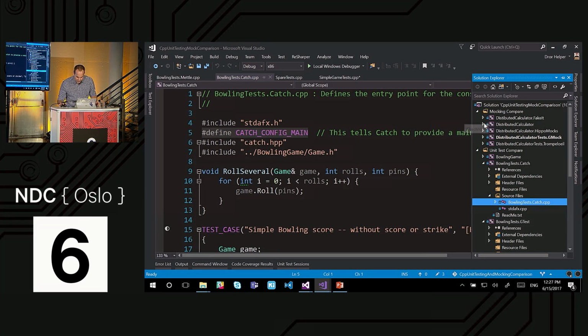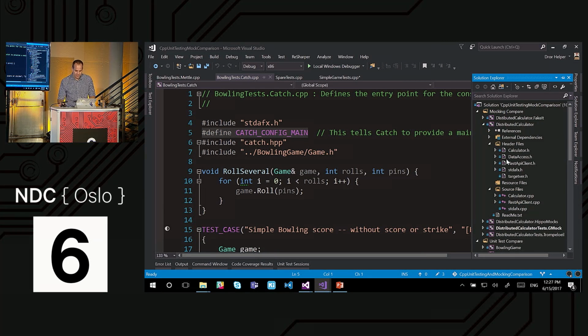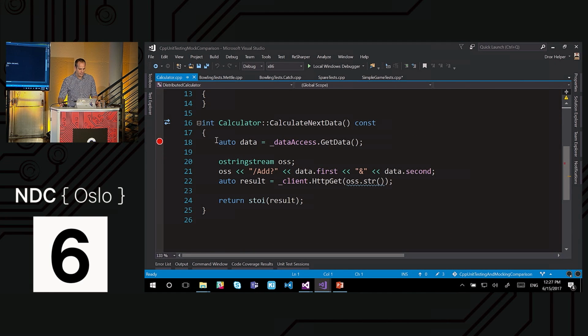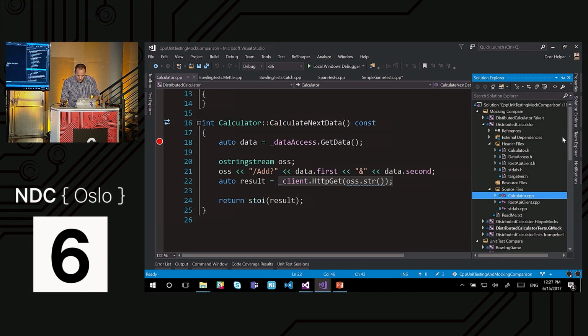So, mocking framework comparison. I have here this calculator I showed yesterday, and I have 2 dependencies. I'll read something from the database, and then I send that information to the client. I want to do 2 things. I want to affect how the data access returns the data. I want it to return the data I care for. And then later on, I want to check that the client was called. So with Google Mock,